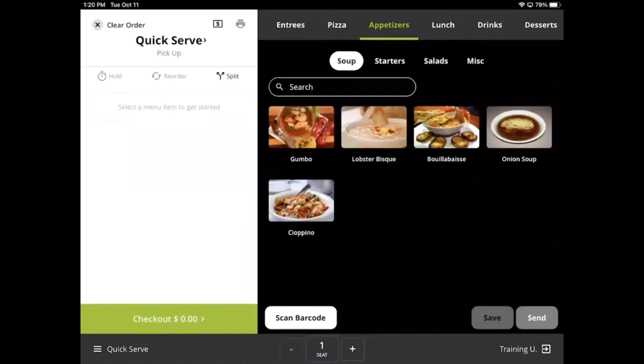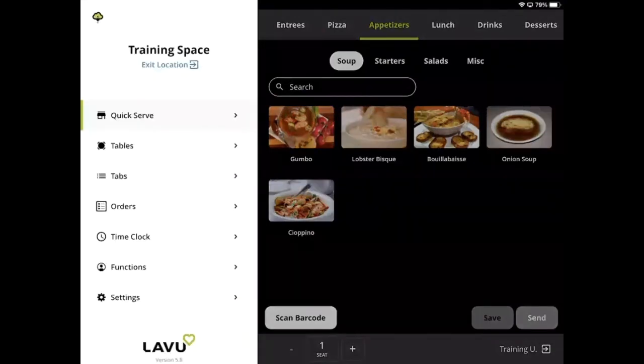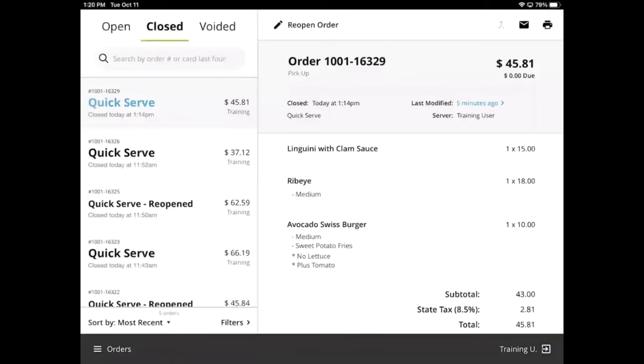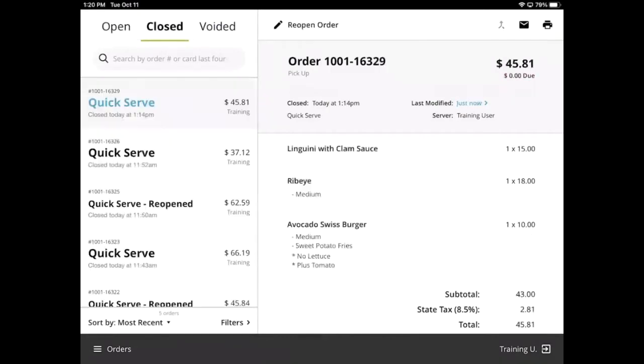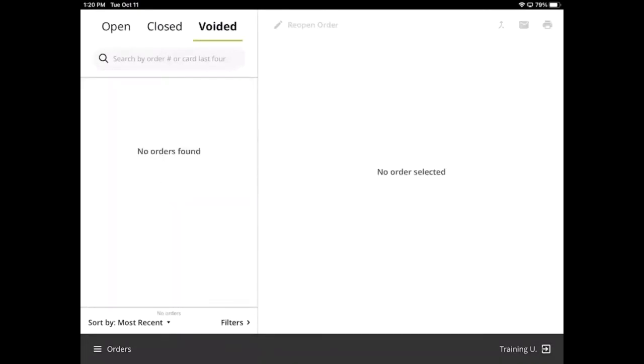Moving into some of the more manager features, I have a couple of things that I can do from the side navigation bar. The first is the orders page. This is going to give a restaurant manager a great idea as to which orders are currently open and how many you have, how many orders have been closed, and how many have been voided. Voided is a permanent action, so keep that in mind whenever you're choosing to void an order from the checkout